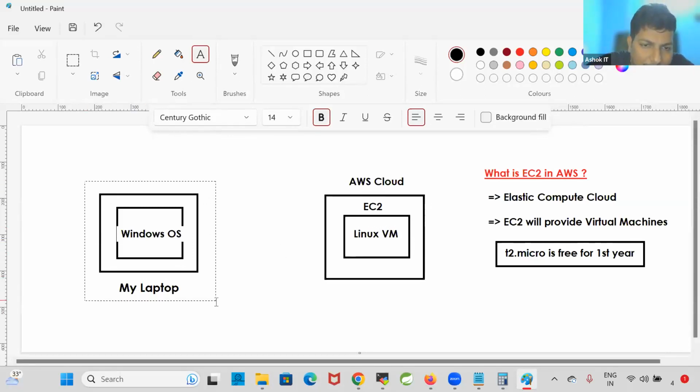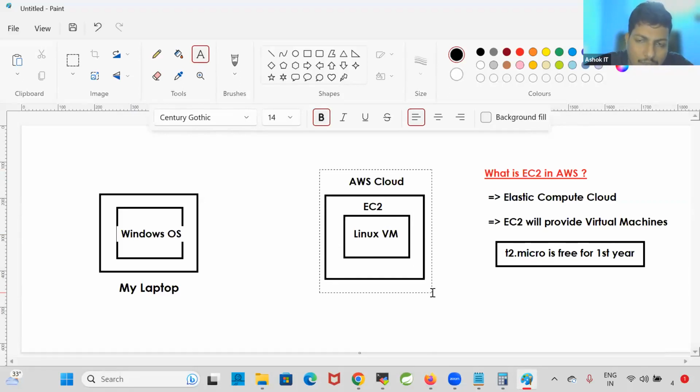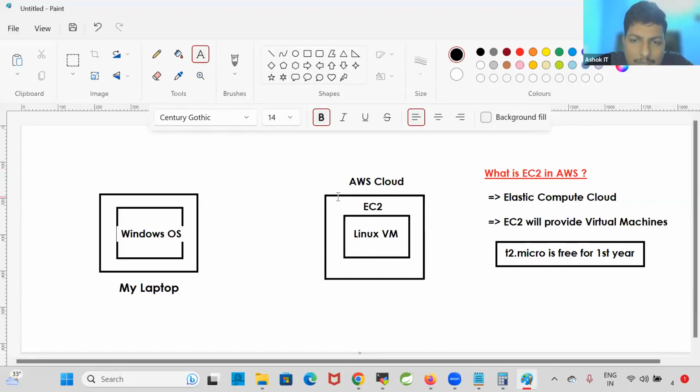Now I already have my Windows operating system. Then I want to practice Linux. That's the reason, instead of purchasing another computer for the Linux operating system, I'm going to create one virtual machine in the AWS Cloud. In order to create a virtual machine in the AWS Cloud, we are going to use a